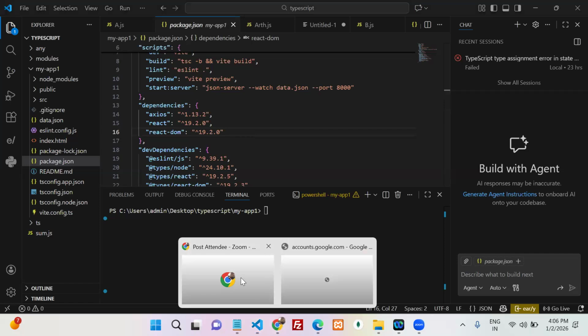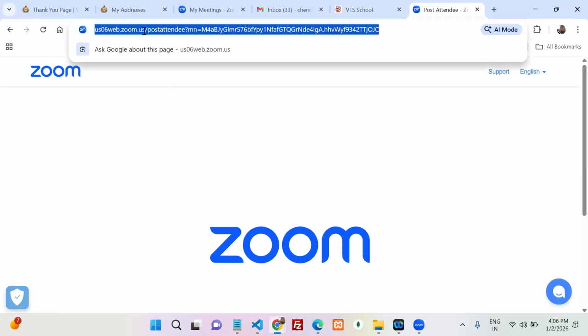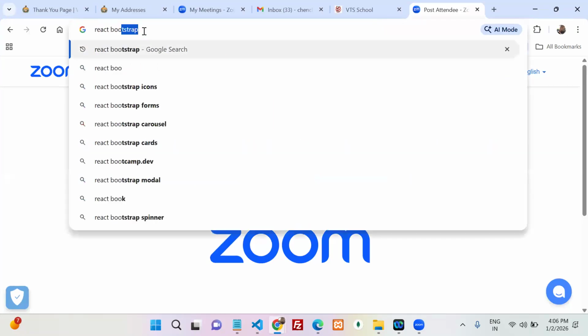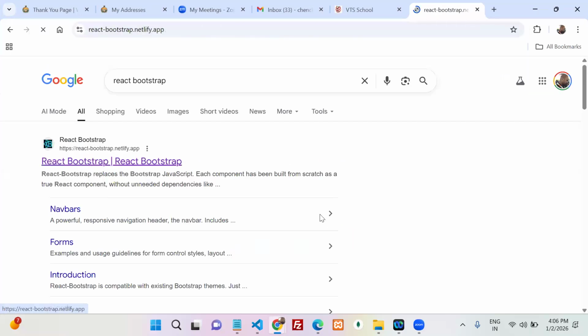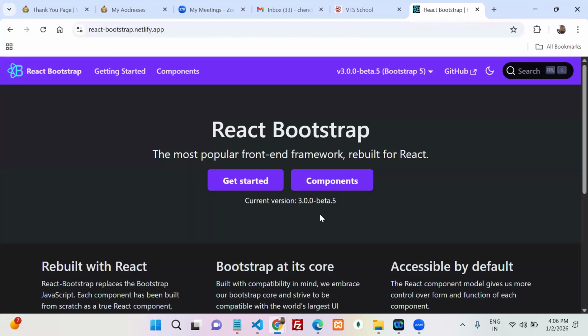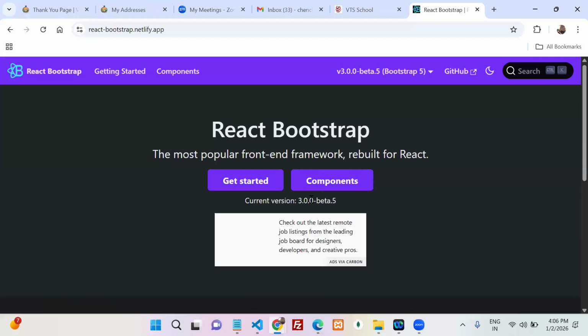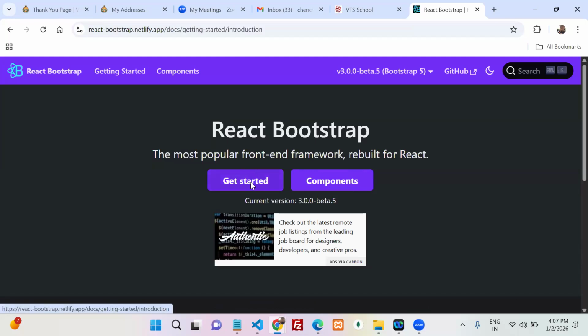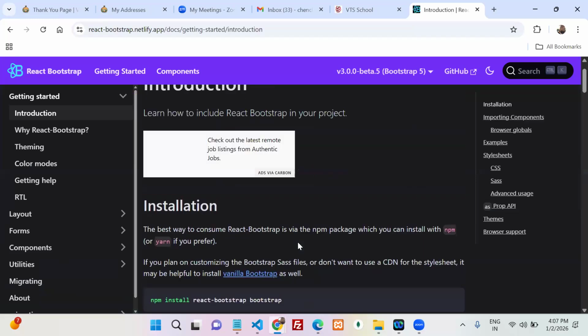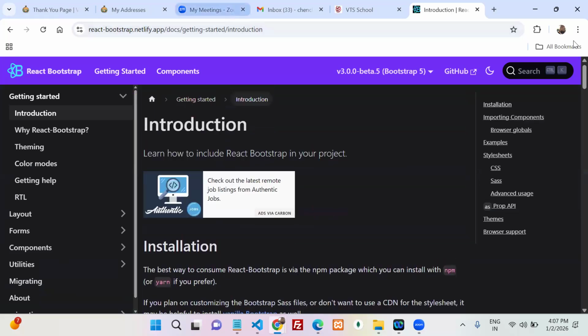Now any library from now onwards, if you want to use it, let's go to Google. For one problem there are multiple solutions. The reason is which solution you want me to pick, that is the goal. Which solution is the best one? You have to find it. So how can we find which solution is the best? Always you can go to